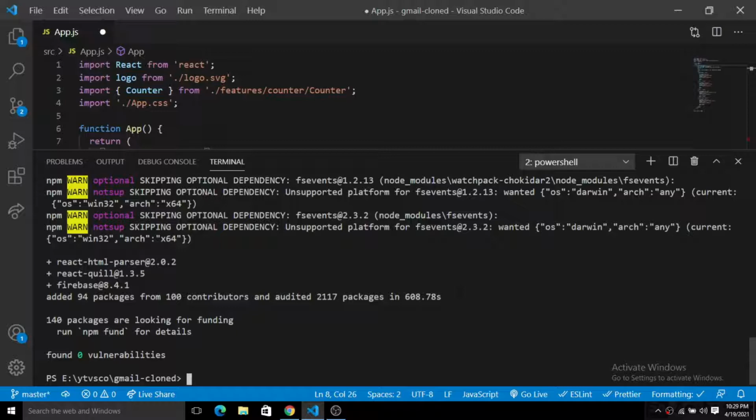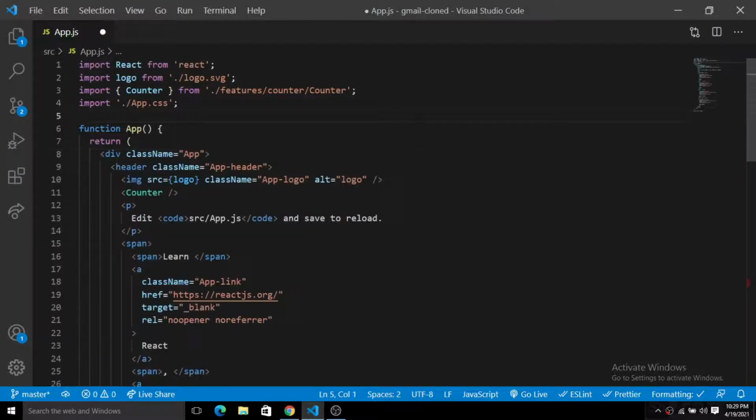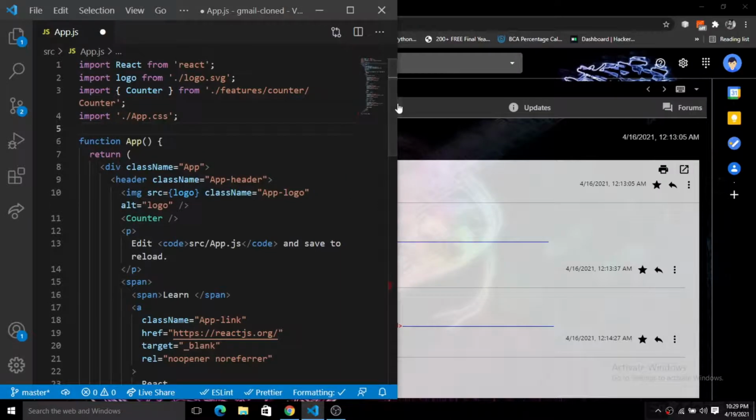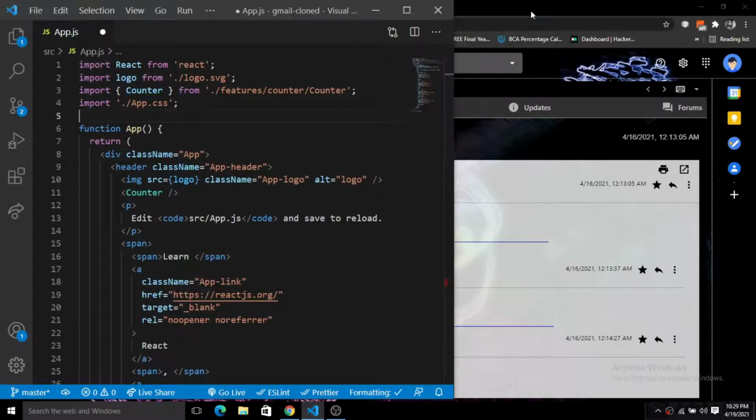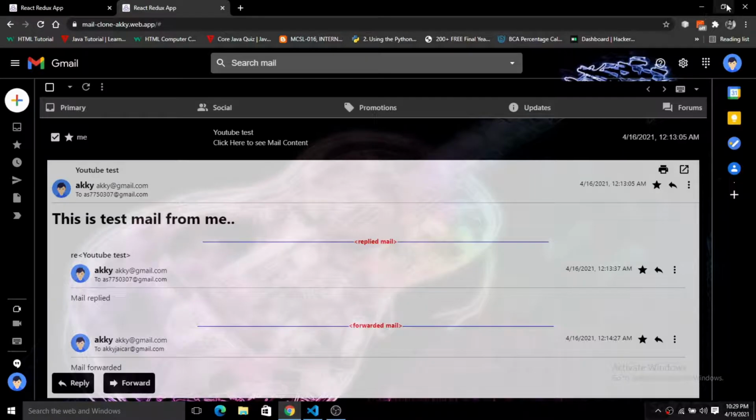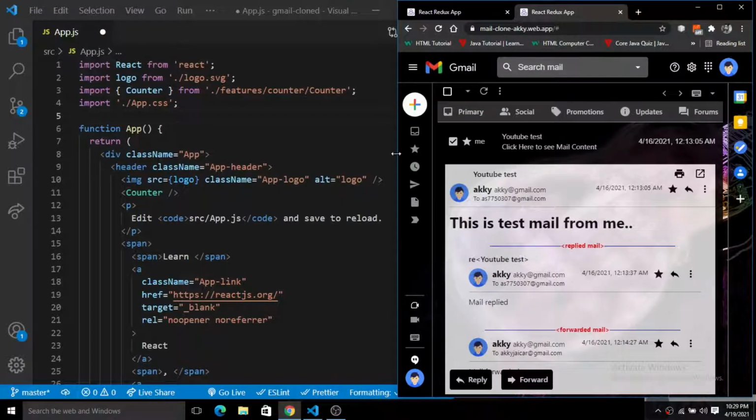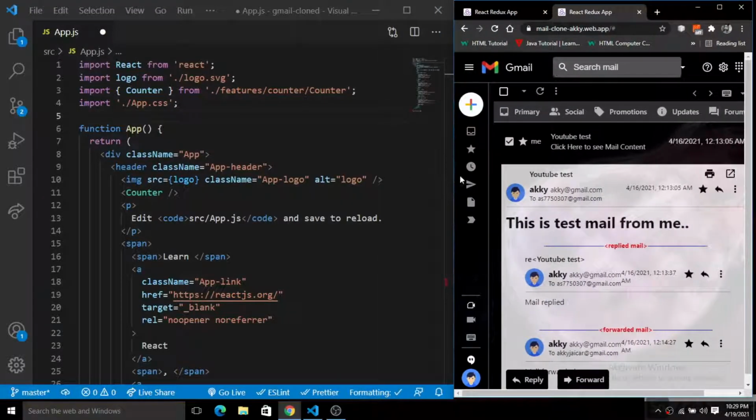Now it's time to do some real coding here. So I'm going to close this terminal, and here I'm going to split this screen into two parts, so you guys will be able to see and debug side by side what we are going to do here, right?